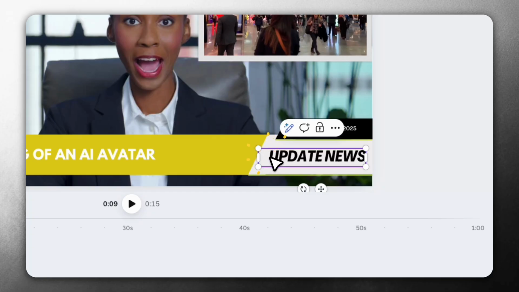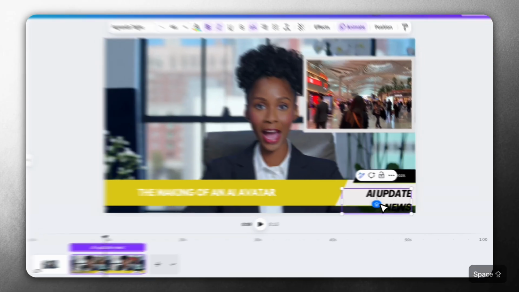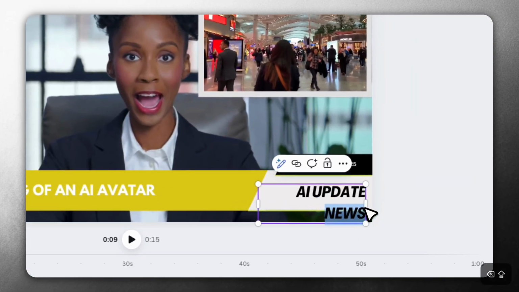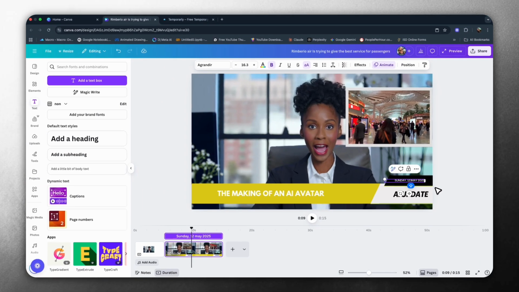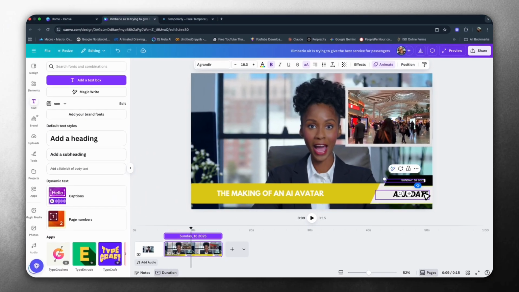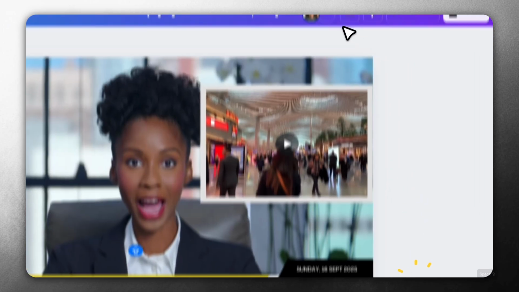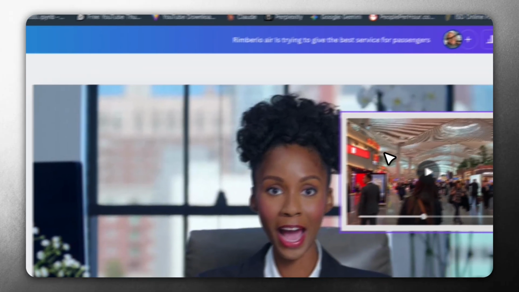Okay, I like the updates, so I'm just going to put AI updates. Okay, and then take out the news. And then I could change the date to 2025. Let's say today's date is the 16th of September 2025. September 2025. And you have it here, and you can even remove the background if you don't want it,